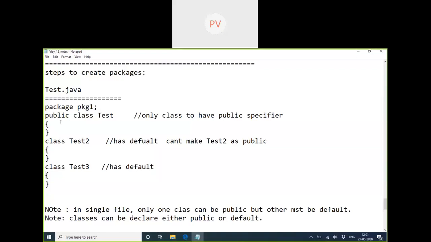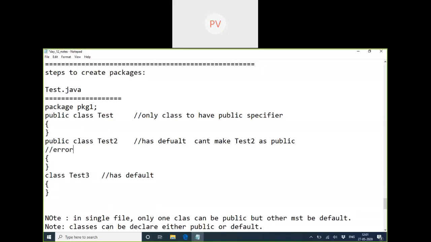Now you tell me why only this class can be public. Is there any rule for that? If I try to mention this as public, there will be an error message saying that test2 is public, must be declared in test2.java.